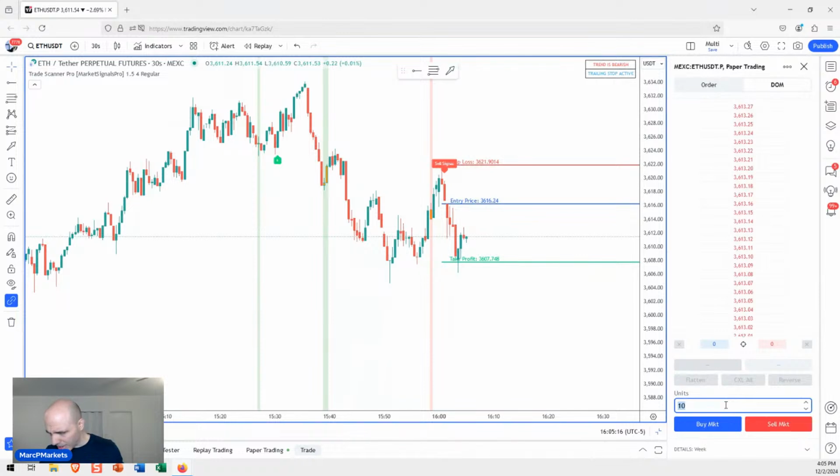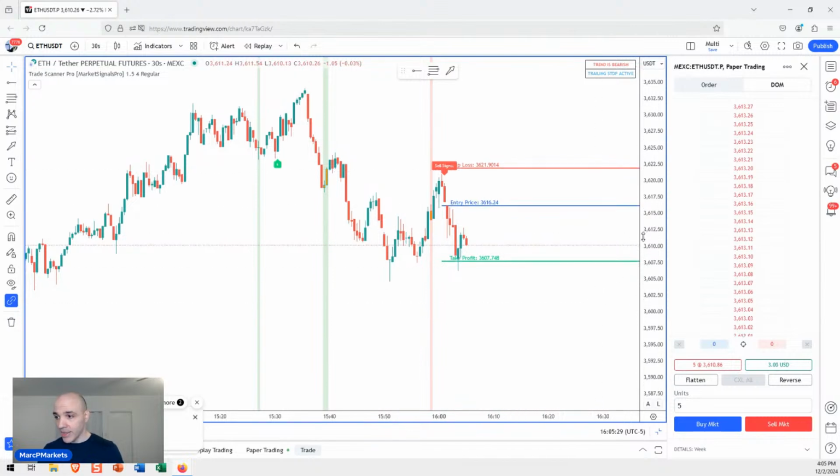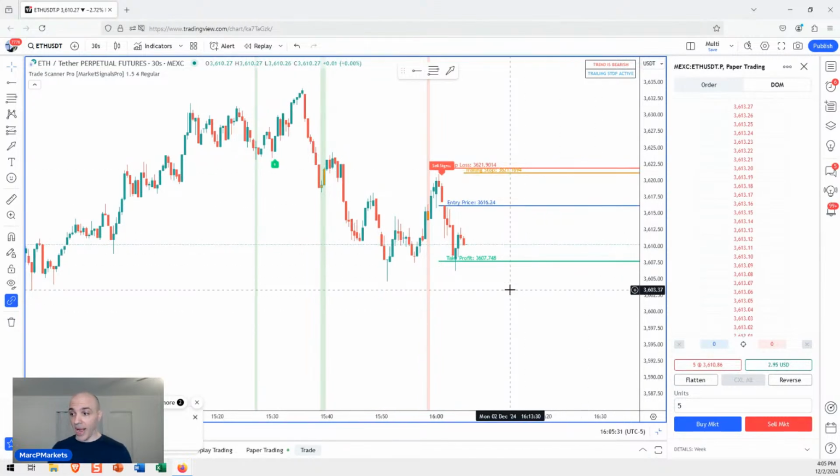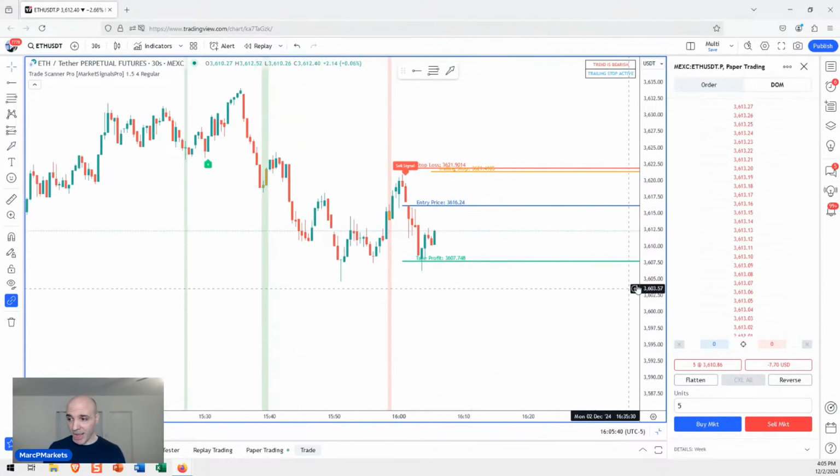So you know what I'm going to do? I'm going to get back in. If this thing gives me a good look, I'm going to get back into just 5, because in reality, I have only 5 here. So I'm going to try shorting this right here, 5, right? Because I see the lower high. Now, there's no signal here. I just wanted to be in 5 because realistically, that's what I'd still be in right now instead of closing all 10. So let's just see how this trade plays out, right?